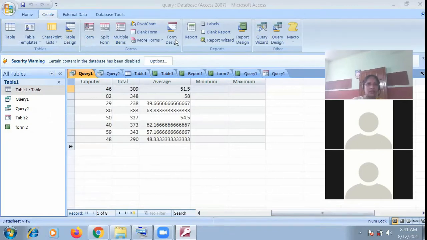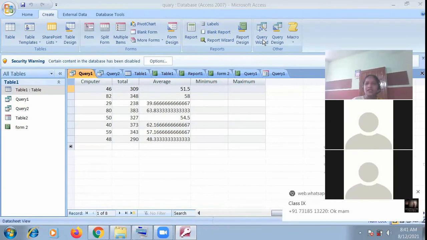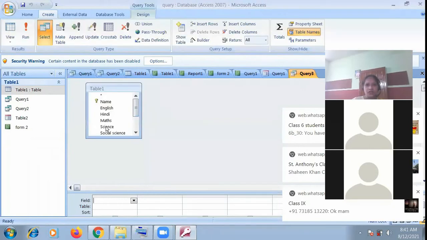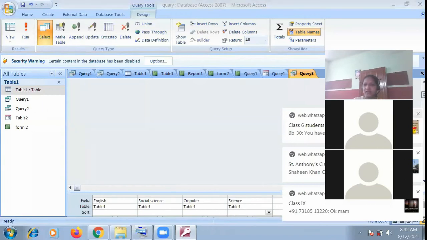Query, where is query? Here. So as I design a query, I have the option to extract the data on a certain condition. What will be the condition? The condition will be greater than, less than, or maximum, minimum.